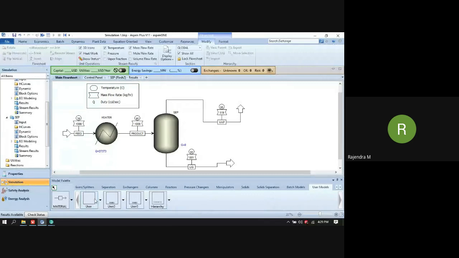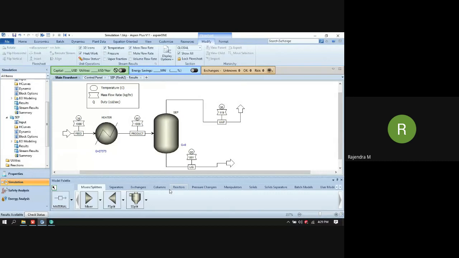And these are the custom models that we can create in the Aspen Custom Modeler, and you can import that created model into either Aspen HYSYS or Aspen Plus. Okay. So almost we have covered all the operations, and with the limitation of time, we cannot model every unit operation.